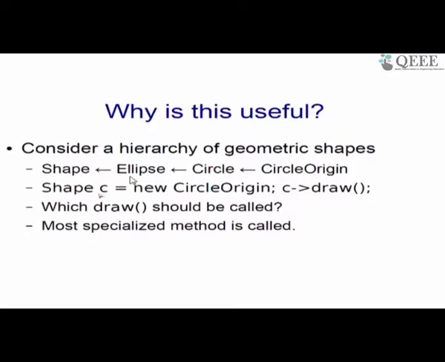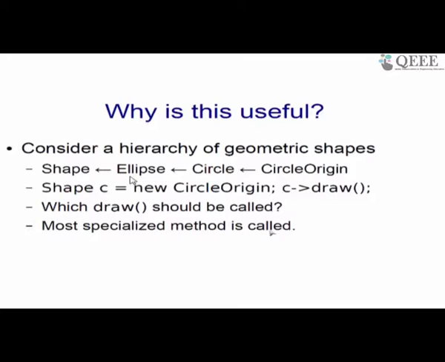So this should not be shape, this should be shape star C equal to new circle origin, and then C arrow draw should just take care of drawing whether it is a circle at origin, whether it is a circle, whether it is an ellipse and so on, right. So that should automatically happen depending upon the type it is pointing to, although it is a base class pointer. Right. So this is something which the virtual functions along with inheritance gives us,